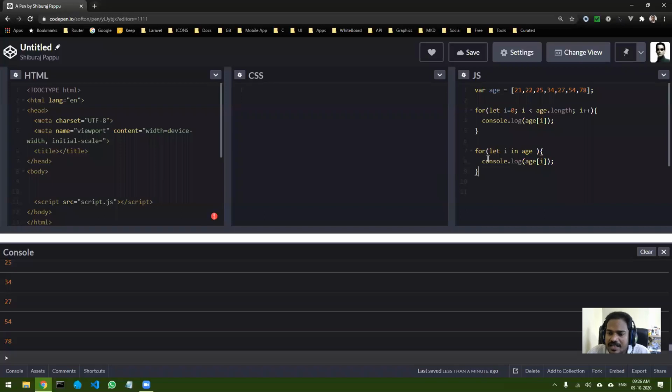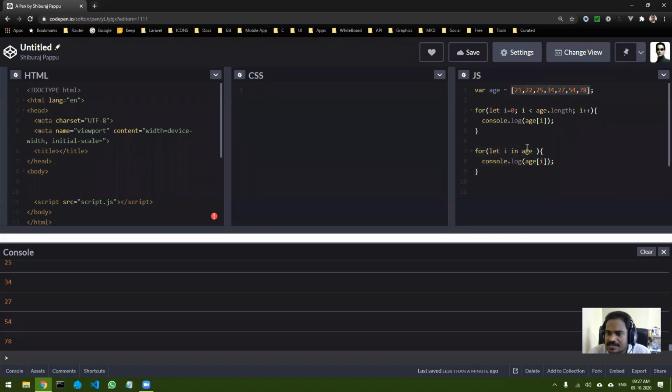Yes, you can take input with the help of this for loop, because in this particular for loop, you can control how many times the iterations should run. But in the for in case, you cannot control how many times it will run, because it runs based on the size of your array.